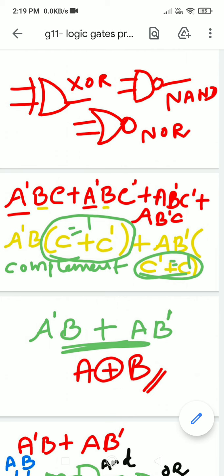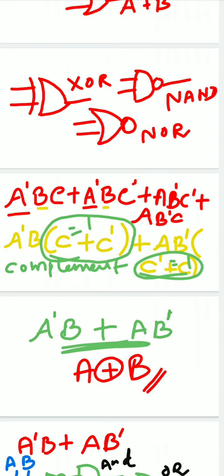Second, we learnt a law called complementary law. What is complementary law? It states A plus A dash is equal to 1. So here I am having C plus C dash. By applying complementary law, you can replace this term by 1. So now C plus C dash will be changed to 1. Here also C plus C dash will change to 1. Now what are the remaining terms available? A dash B plus AB dash. So now the expression is simplified with the help of two different laws.